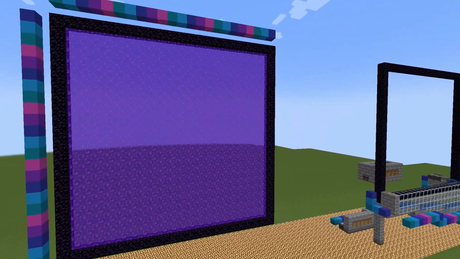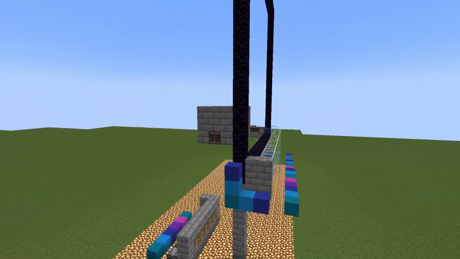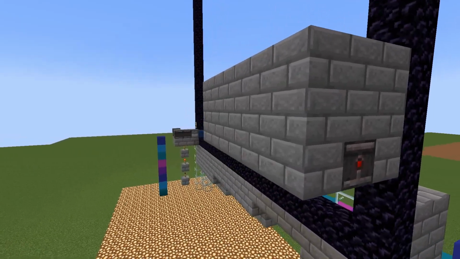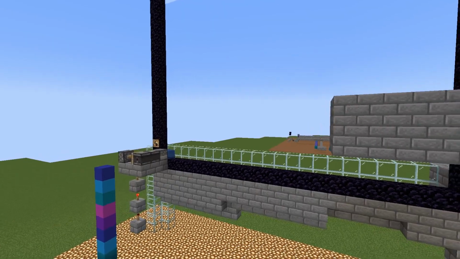Now moving on to the next part, it gets a little bit more technical, but keep in mind guys, you are about 60% of the way there. So we have to figure out which side the Pigmen are going to be falling off of, and to do so we're going to be using this little trick, and we are actually going to need this for the final